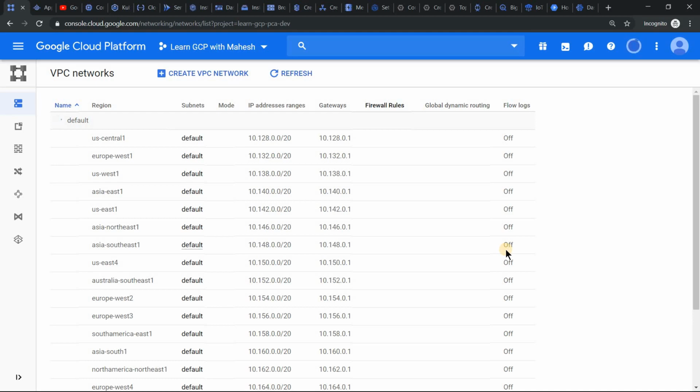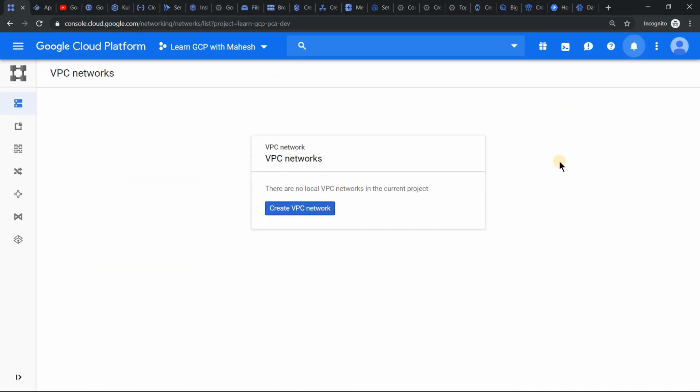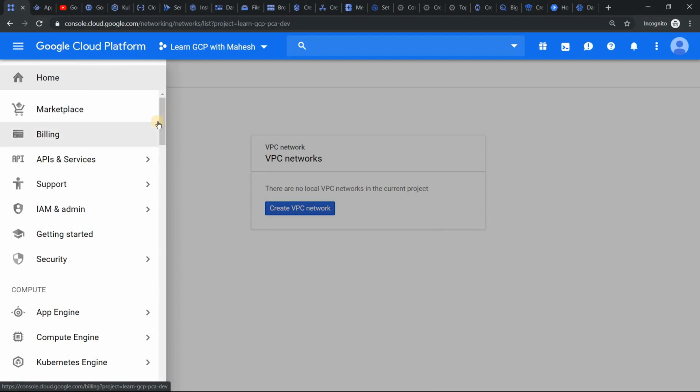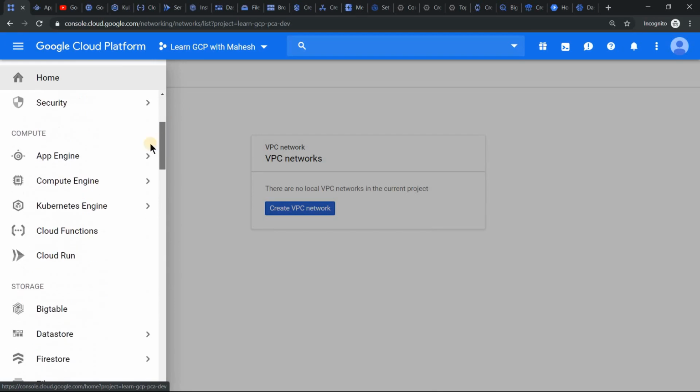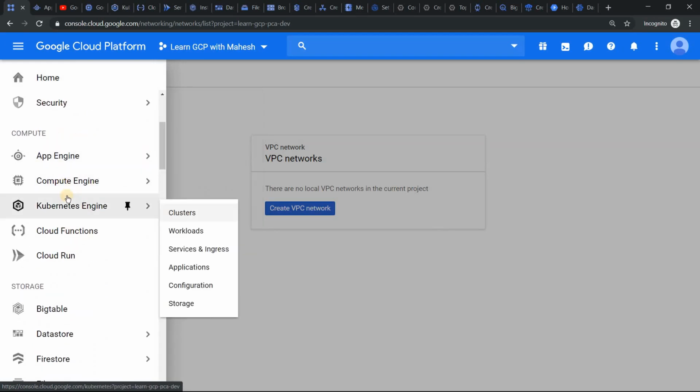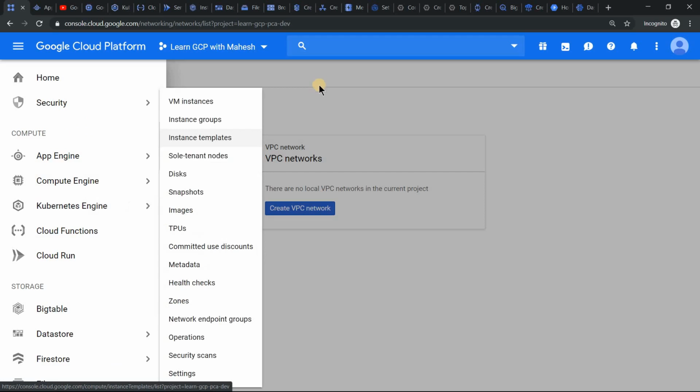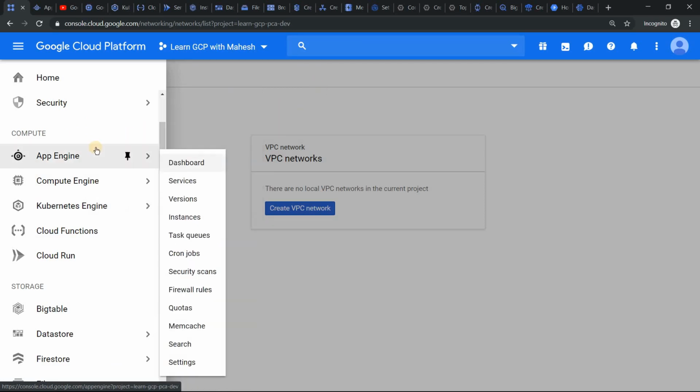Let's try to do the next part. All right, the first step is delete the VPC. Now we don't have VPC, we don't have any firewall, no networking components. So that's the first step. The next step, which I thought is, as a cloud architect, not everybody will know what service will depend on VPC. So to do that, let's go category by category, like compute, storage, big data, tools, all those components, each component wise to understand whether it depends on the VPC or not. Since we have already removed the VPC, let's go module by module.